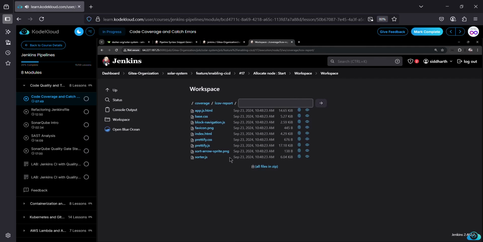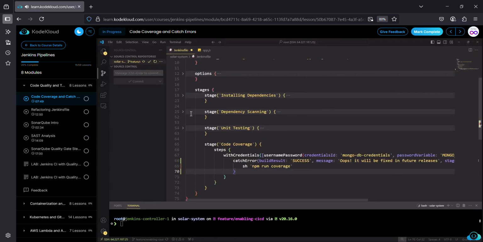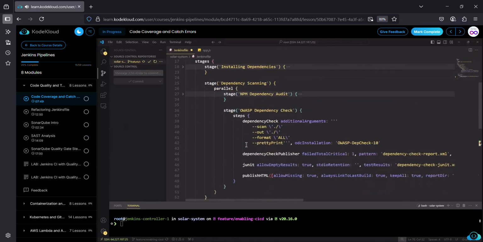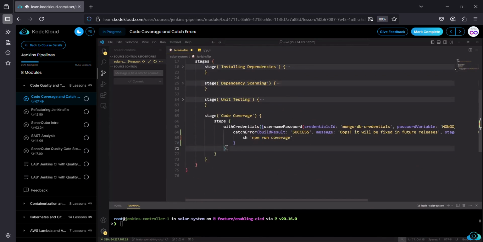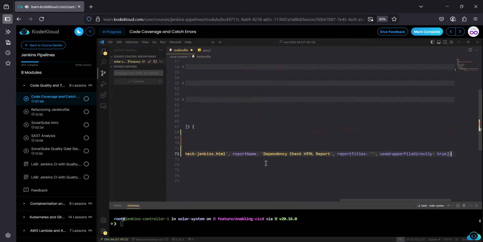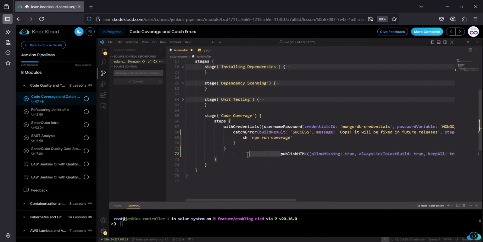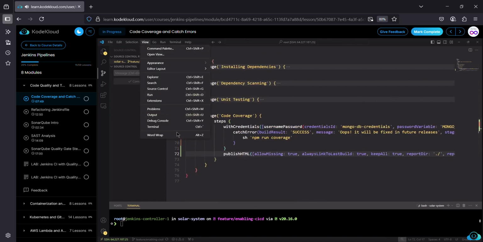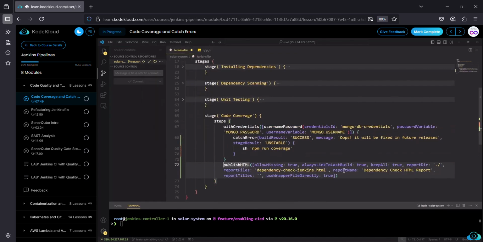So we have the index.html, right? So how do I refer to this? To refer to this, I need to go back to the Jenkins file. I have a publish HTML command already created here. So let me just copy that again and reuse it. I'll run this outside the step. Okay, so let me use word wrap. Okay, so now the reports. What is the report file? It's basically